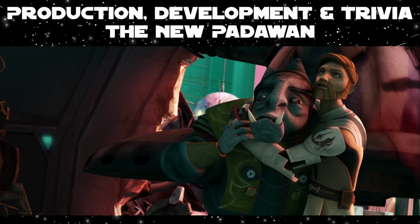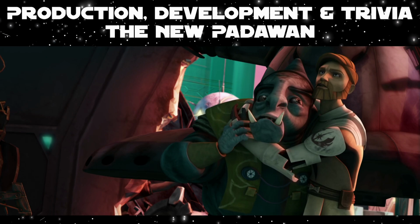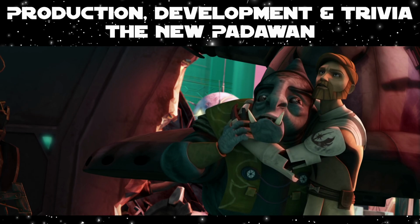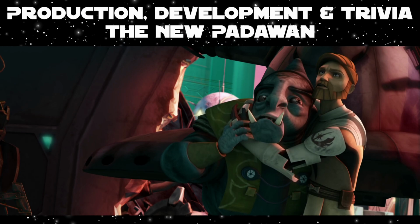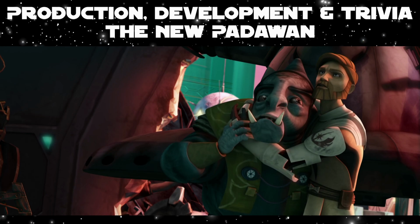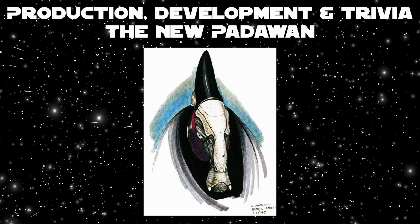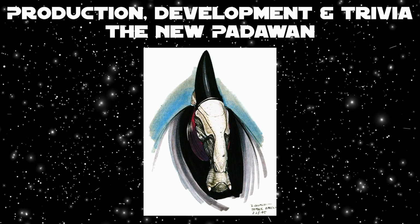While cameoing at the end of The Hidden Enemy, the new Padawan is the only part of the Clone Wars to feature General Larsen in a speaking role. George Lucas wanted a partial Scottish accent for General Larsen, with Catherine Winder stating that it differentiates him from the others. General Larsen's design was inspired by some older Doug Chiang artwork of what was a concept design for the